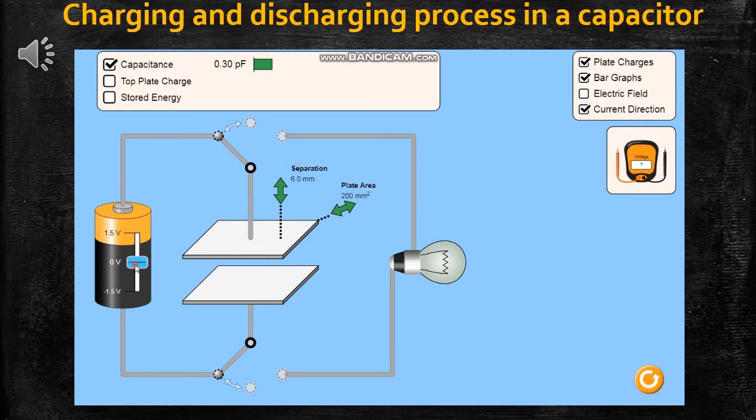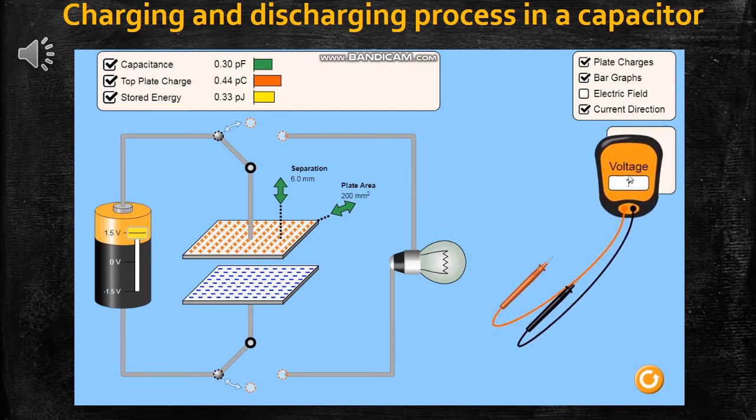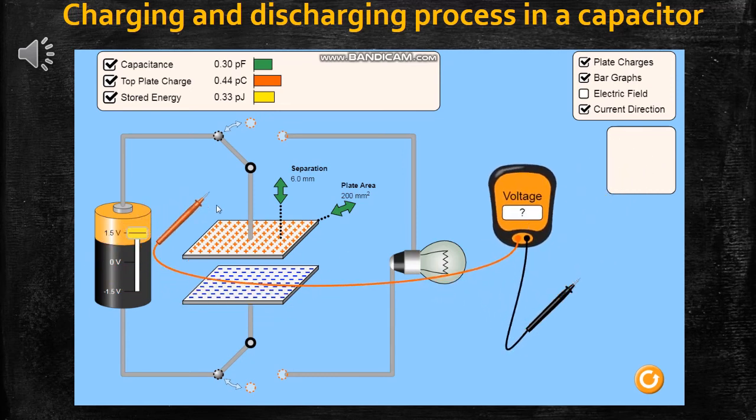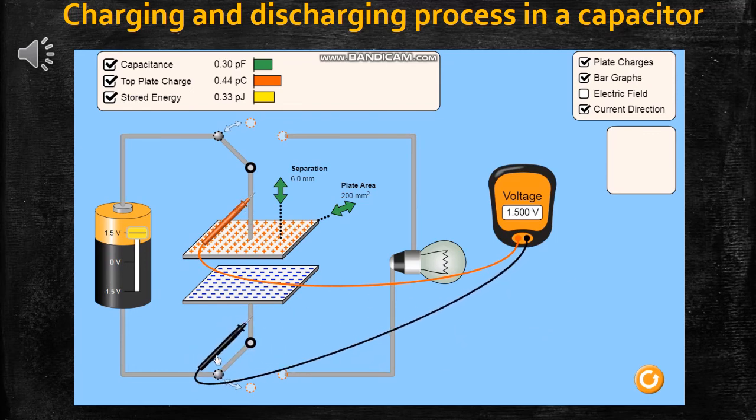In this simulation, you are going to learn the two processes which take place in the case of a capacitor. They are called the charging and discharging process. Let us see the charging process first. Initially, the two plates of the capacitor are connected across a cell or battery. When appropriate potential difference is given across the plates of the capacitor, the appropriate amount of charges will be stored up. So adding the charges on the surface of the capacitor is called the charging process.